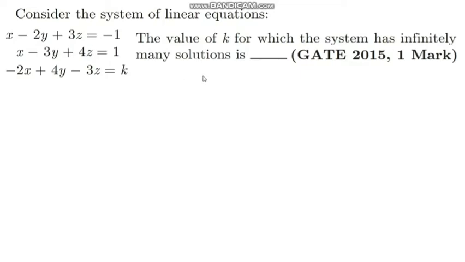First of all, we have to find the parameter k value only when the system has infinitely many solutions. This system has a solution if it is consistent. If rank of A equals rank of the augmented matrix, then the system is said to be consistent. The condition for infinitely many solutions is rank of A equals rank of the augmented matrix, which is less than the number of unknown variables. Here the number of unknown variables is 3, so you need the rank of the matrix to be less than 3.